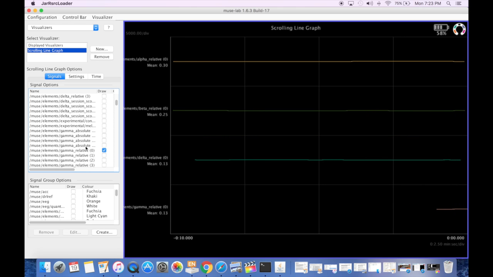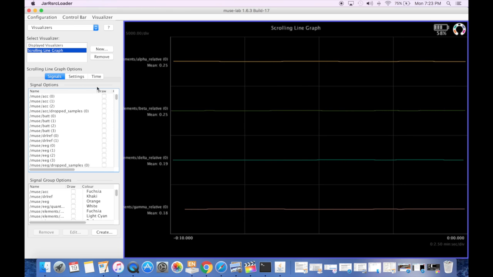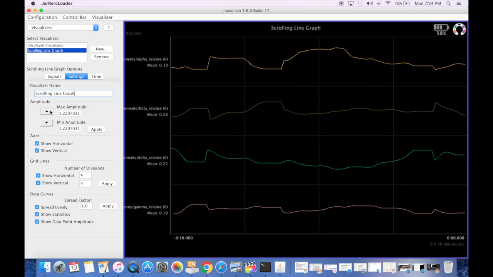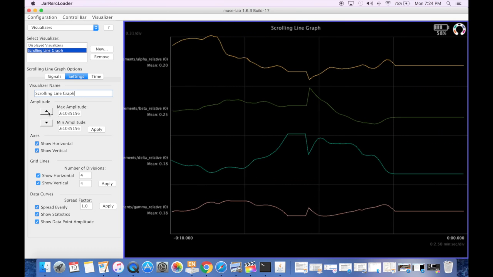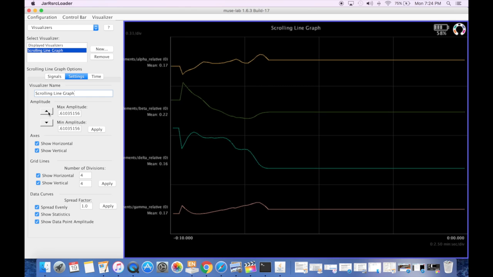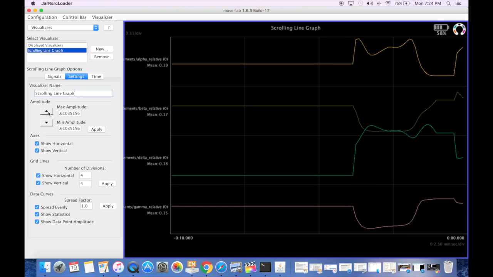So I'm just scrolling down, seeing what I want to choose, and the rest of it looks like raw data. There's theta down there, but I'm now going to go over to settings and click up the amplitude. By clicking up the amplitude, you can actually see the variations. Before it was damped down too much to see the variations in the frequency bands, but now, as you can see, you can actually see the different frequency bands that are happening as I've got the headset on my head